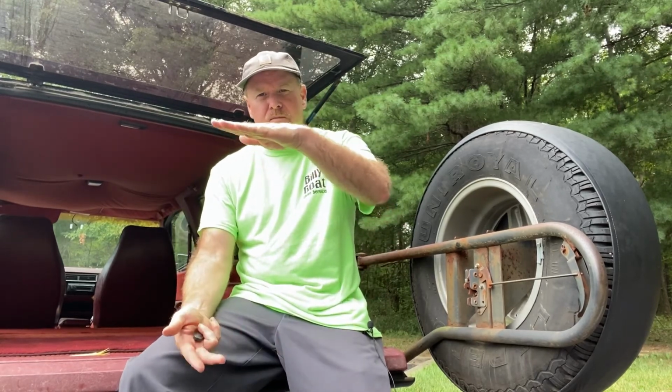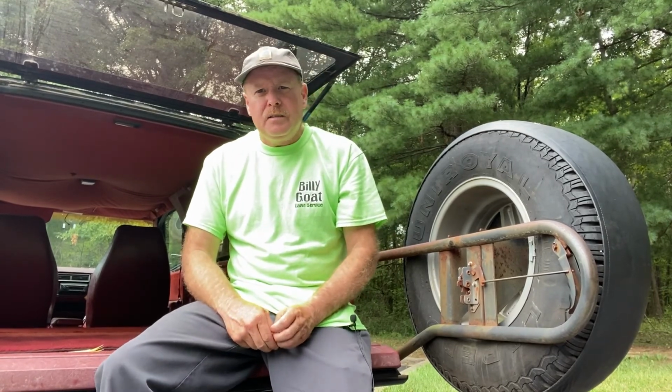But that trailer was just too big for my size of operation at that time. Because it was a nice trailer. It had the steel sides on it that were like 1.5 to 2 foot tall. It was definitely a nice trailer. So I told him I'd take it, and I would come back later that evening to pick up